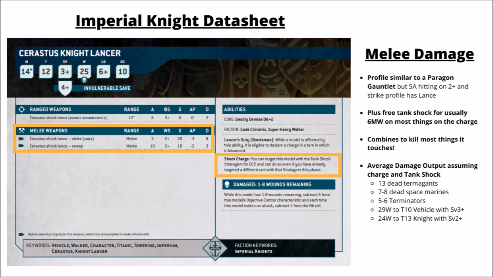It also has a sweep profile as well, for 10 attacks at strength 10, AP 2 and damage 3. It means it's maybe not quite so super outstanding against hordes, but combining that with the tank shock should still mean that you rack up a whole bunch of body count. Between the two, I think you've got a very good chance of killing the majority of things that you charge